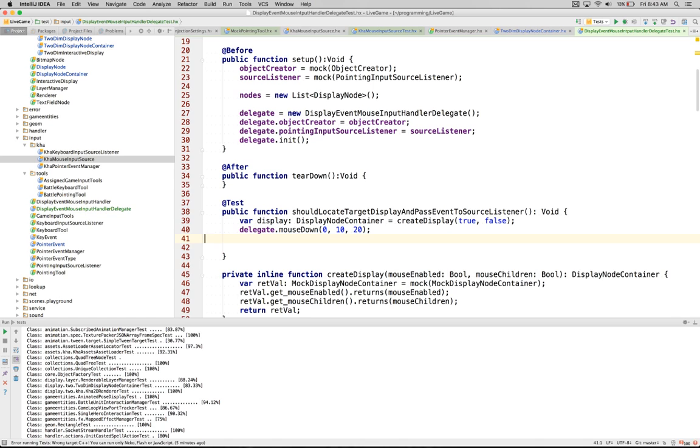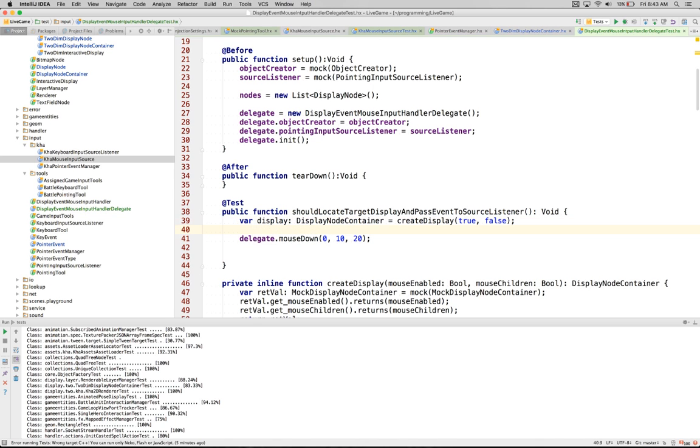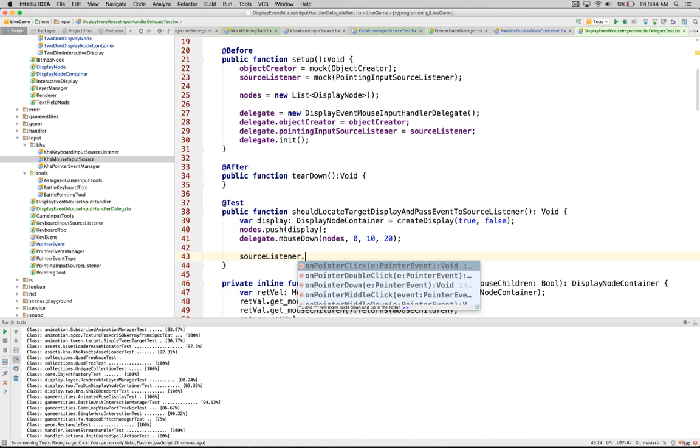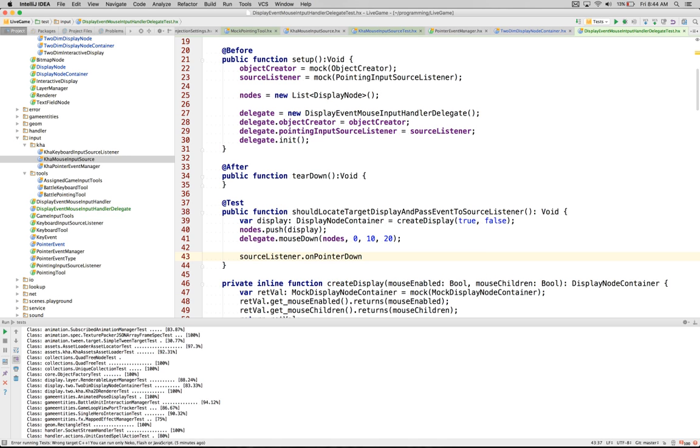And we're going to work on our nodes push display. Delegate mouse down. We're going to give it the nodes. And now our source listener on pointer down